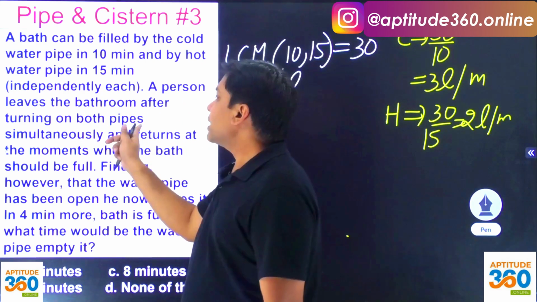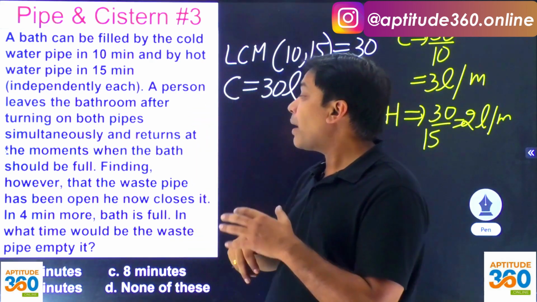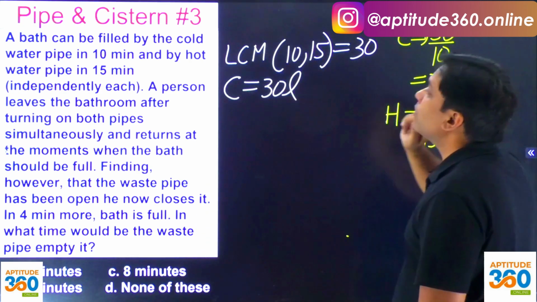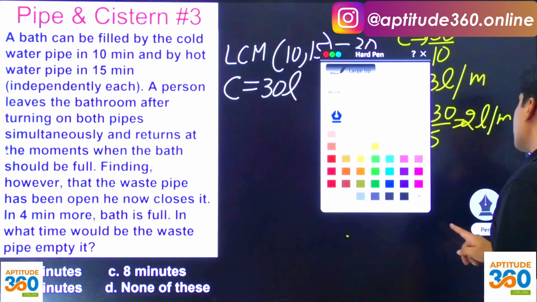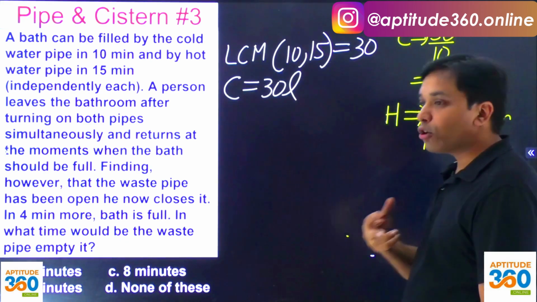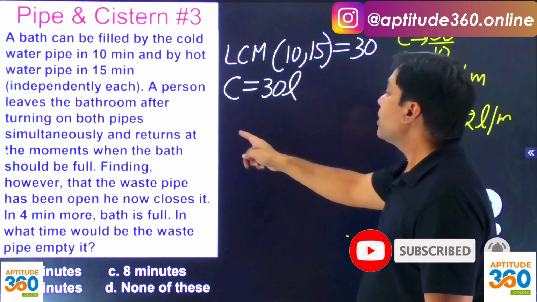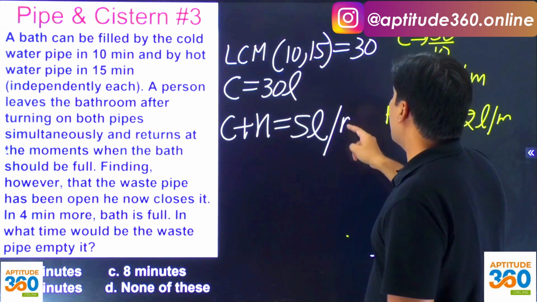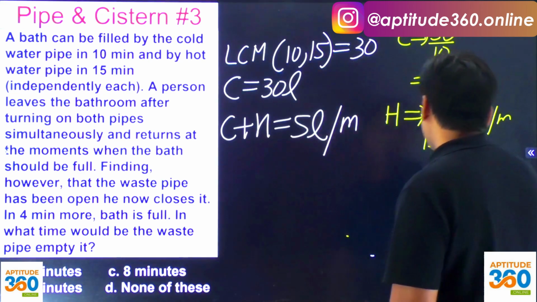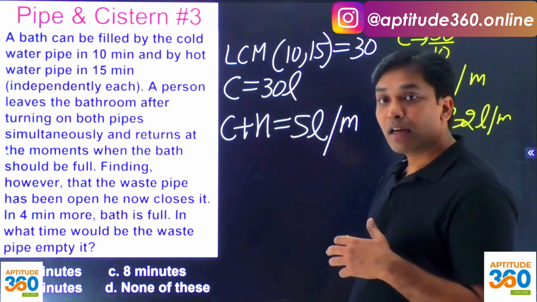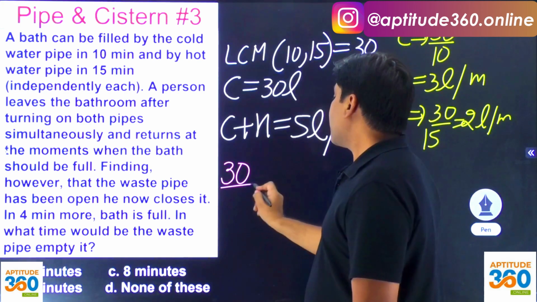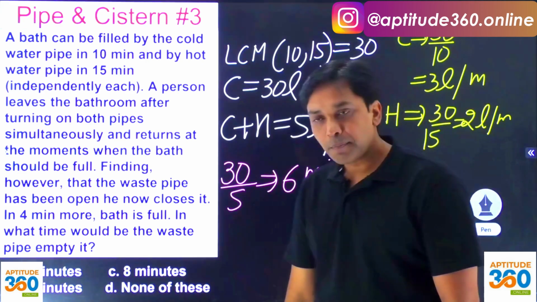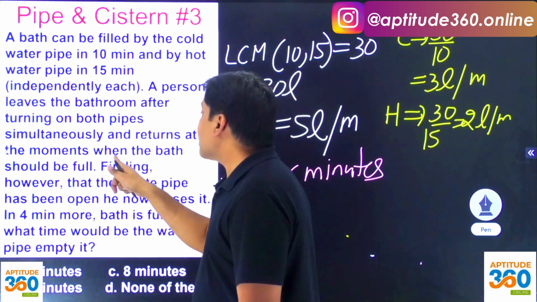A person leaves the bathroom after turning on both of the pipes simultaneously and returns the moment when the bath should be filled. Should be filled का मतलब कोई लीकेज होना ही नहीं चाहिए। अब आपने ये देखा कि जो कोल्ड वाली जो सप्लाई देने वाली पाइप है, उसका रेट कितना है? 3 liters per minute, और द सेकेंड पाइप विच इज गिविंग हॉट वाटर, उसका जो रेट है वो है 2 liter per minute. So cold plus hot, these two pipes collectively are giving 5 liters in 1 minute. अब वो आदमी वापस कब आएगा? उसको कब लगेगा भाई मेरा जो रेट है वो तो 5 liters per minute है, और मेरे को भरना कितना है? मेरे को भरना है 30 liters. 30/5, वो आदमी कितनी देर में वापस लौटेगा? 6 minutes में बेचारा वापस आ गया।